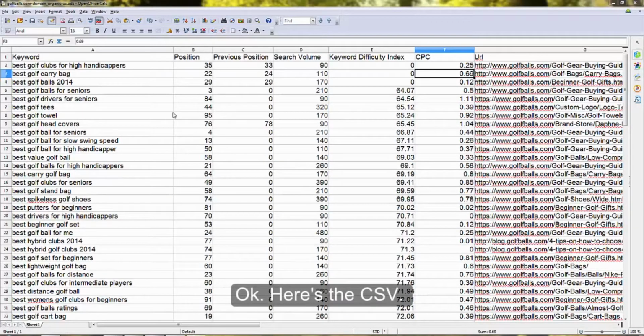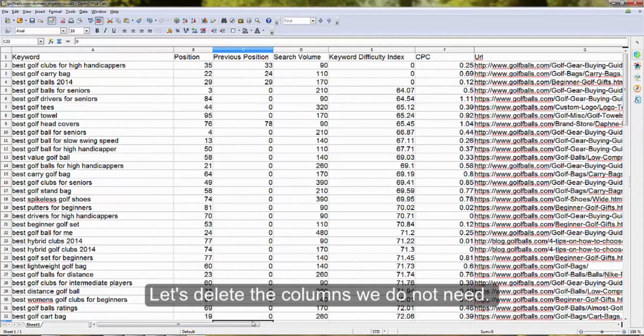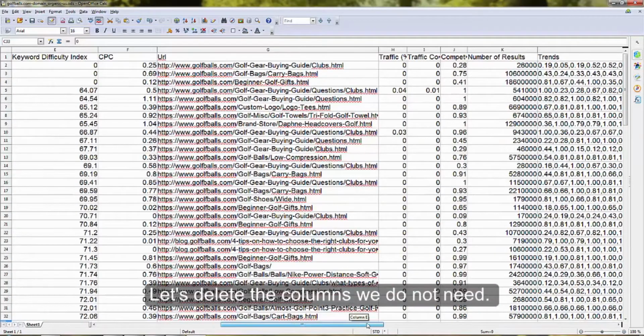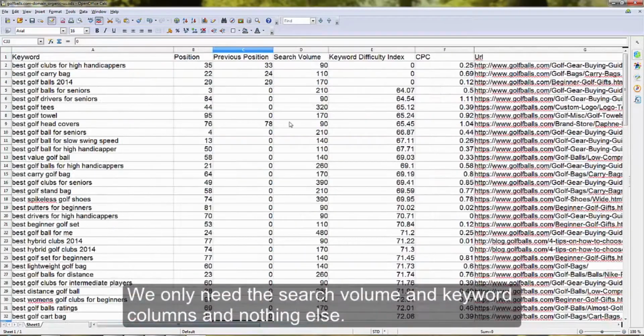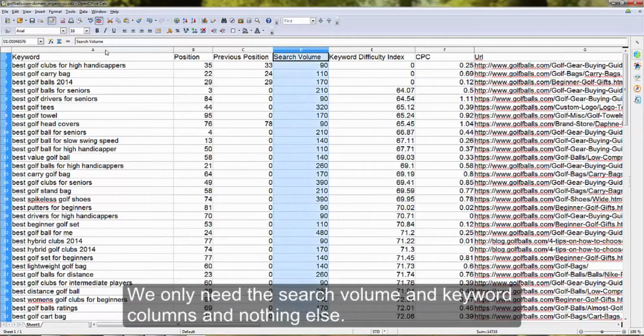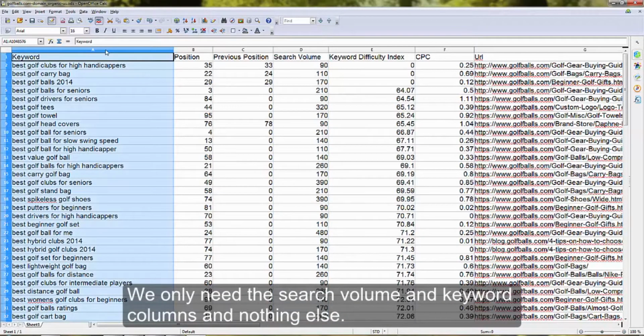Okay, here's the CSV. We do not need so many columns. Let's delete the columns we do not need. We only need search volume and the keywords column.